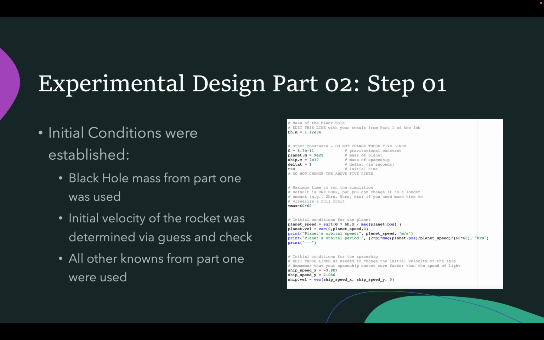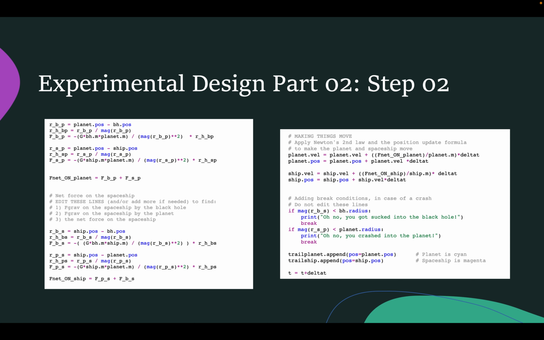In the first part of our second half, we established the initial conditions using the black hole mass from part 1. The initial velocity of the rocket was determined via guess and check, and all other knowns from part 1 were used. Here we were able to first derive all the net forces acting on the system, which was the net forces on the planet as well as the net forces on the ship, and then we were able to look at both the analysis of the movement of the planet as well as the movement of the ship to be able to determine the trajectories of each of these,